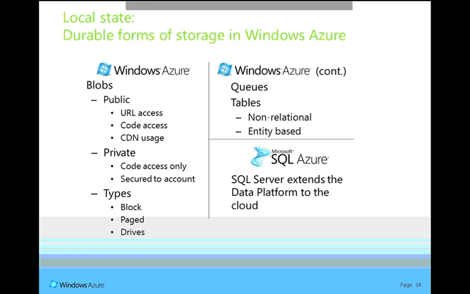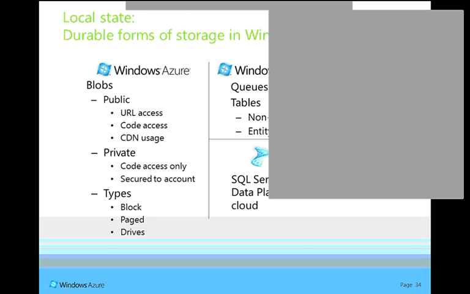So the other Azure storage options are queues. Queues are essentially meant for message passing between the various instances, and then tables. Tables are essentially similar to your database tables, except that here we do not support the relational capabilities that a standard relational database provides. So these are non-relational tables, but we still provide things like indexing, and you can have primary keys, secondary keys, and things like that. So if you have a storage requirement where you're not using the relational capabilities, foreign keys, and you don't need functionality like reporting services and analytic services that a traditional relational database provides, then you can use this tables functionality